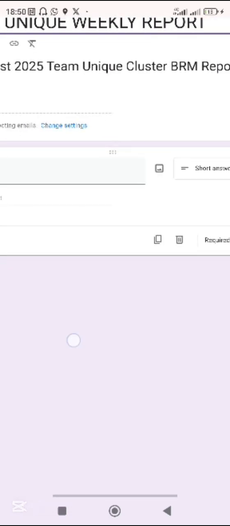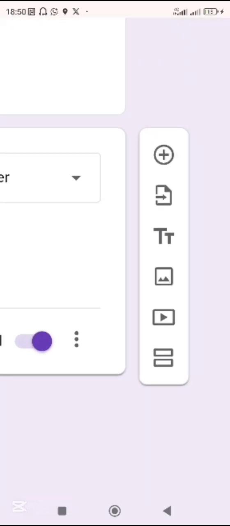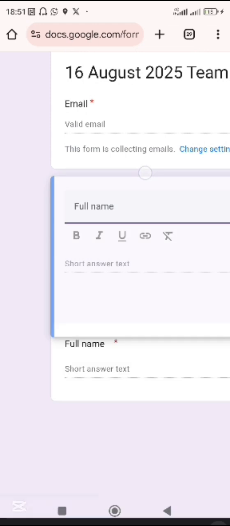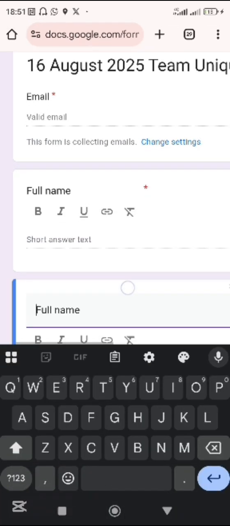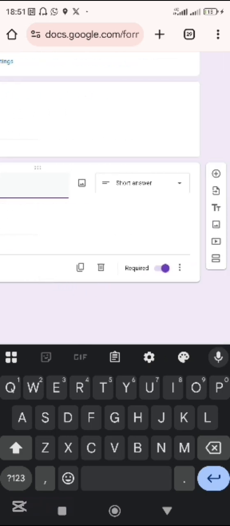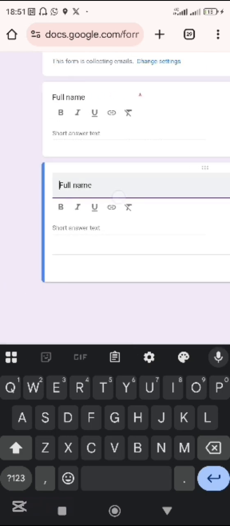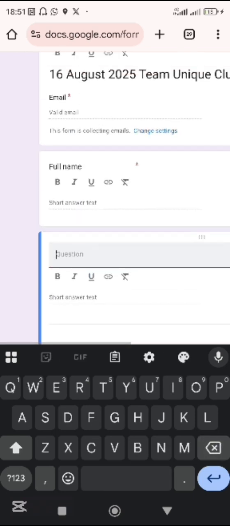So I want to add another one, but I don't want to go and repeat myself. You can either click this plus here to add another question, or you can duplicate by clicking copy. When we click copy, we'll have another one that looks like the one we just filled, which is full name. It will copy even the settings. You see this one also copied. It also says required, so we can just edit it and say